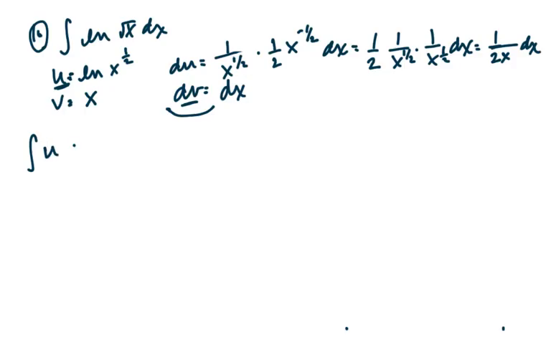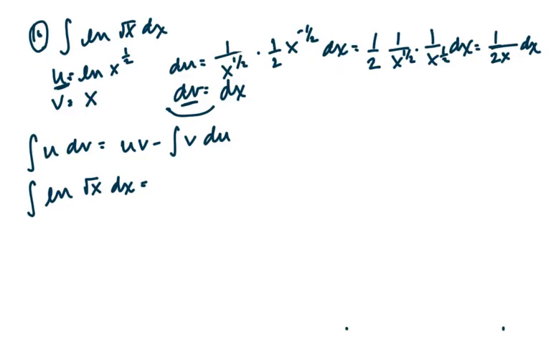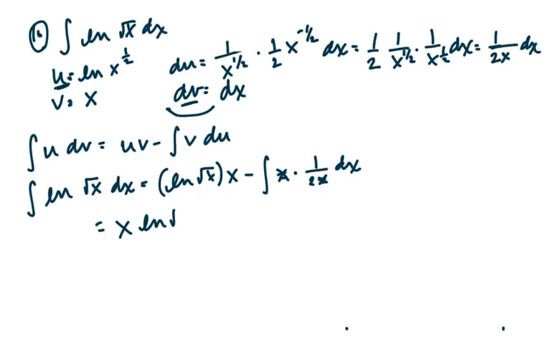So we have the integration of u dv equals uv minus the integration of v du. So we have the integration of natural log the square root of x dx equals u, which is natural log square root of x, times v, which is x, minus the integration of v times du, which came out to be 1 over 2x dx. Again, these x's cancel. So we have x, ln square root of x,